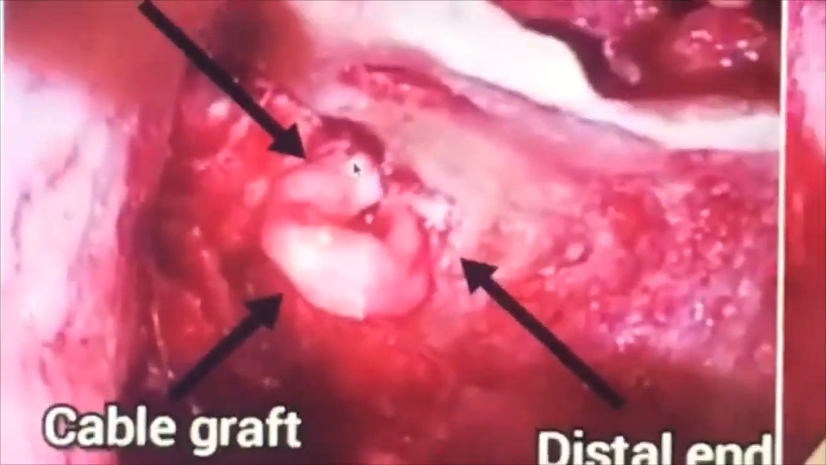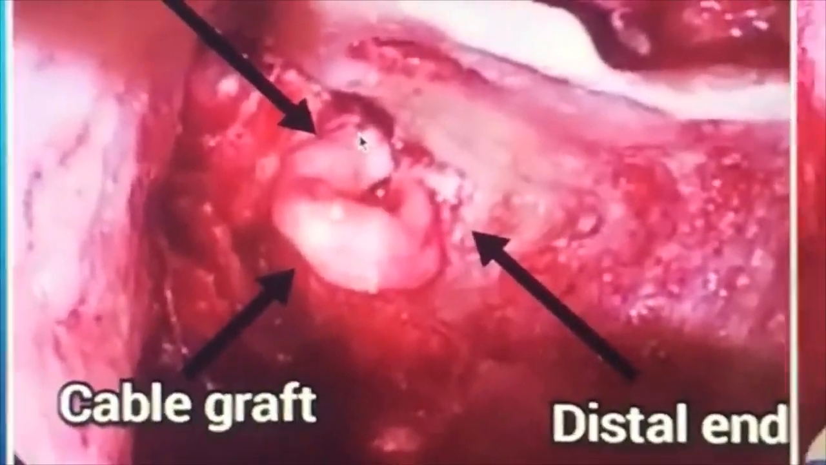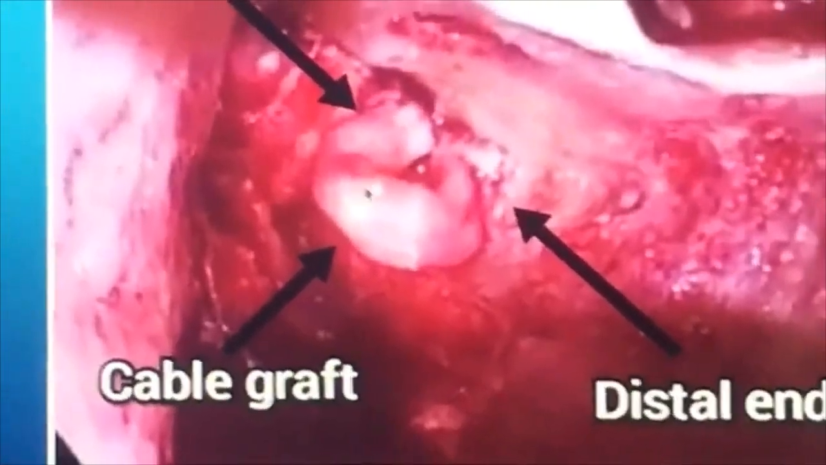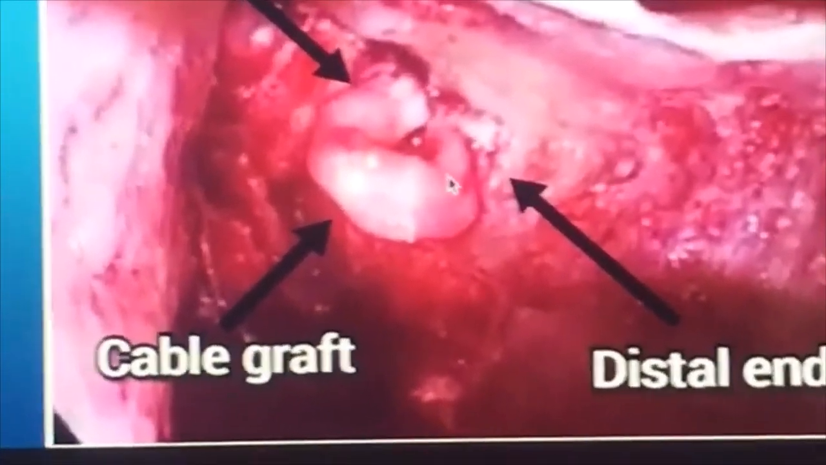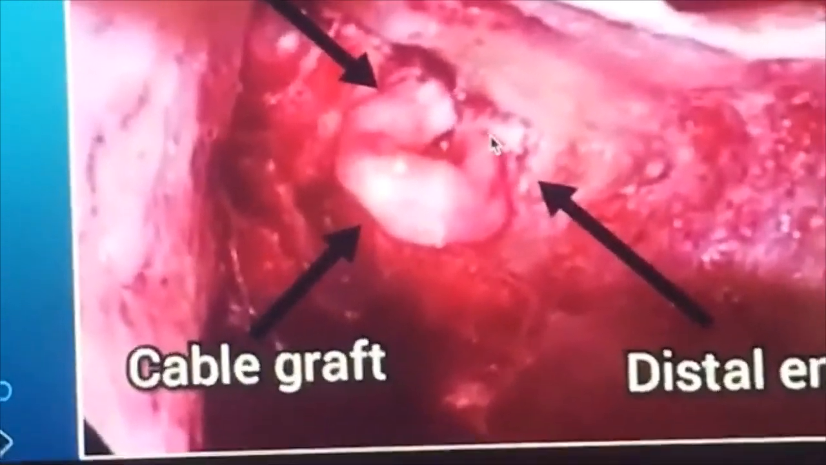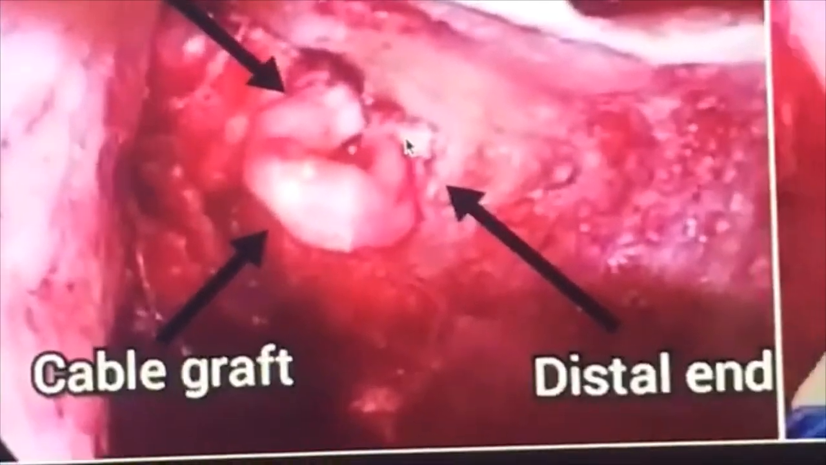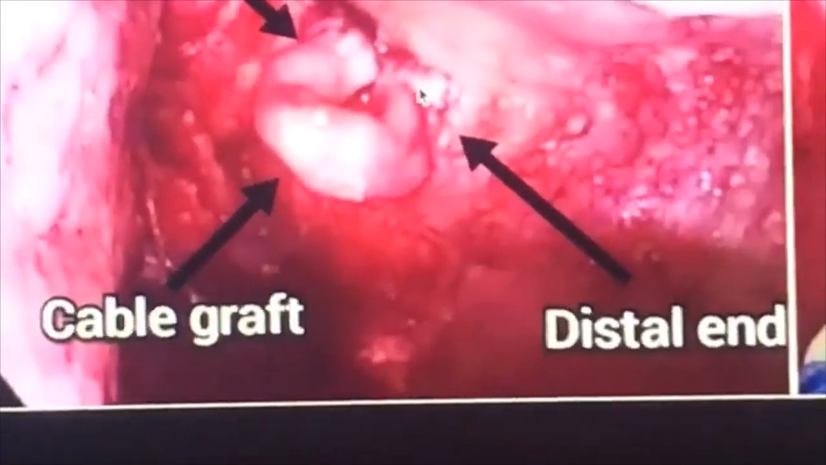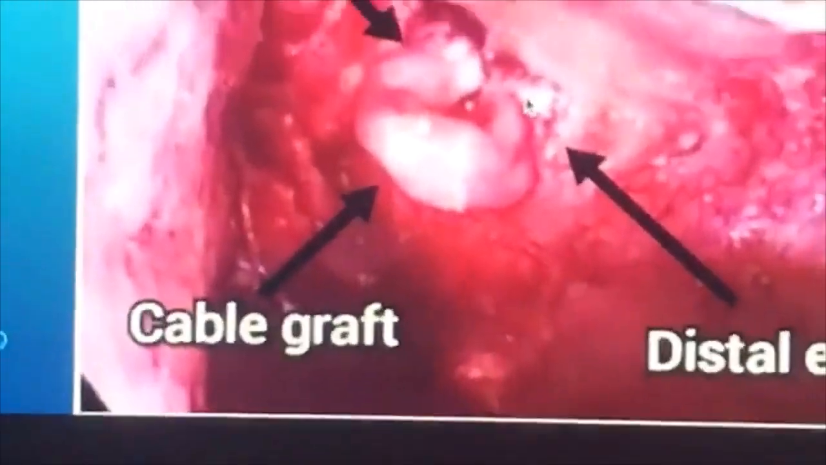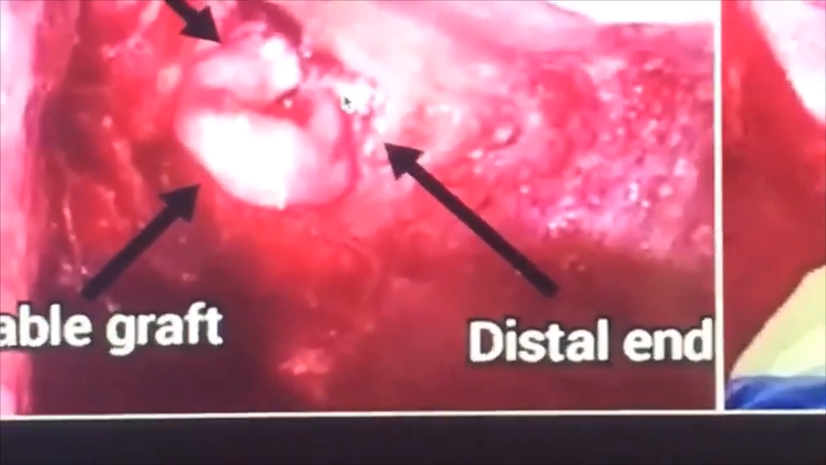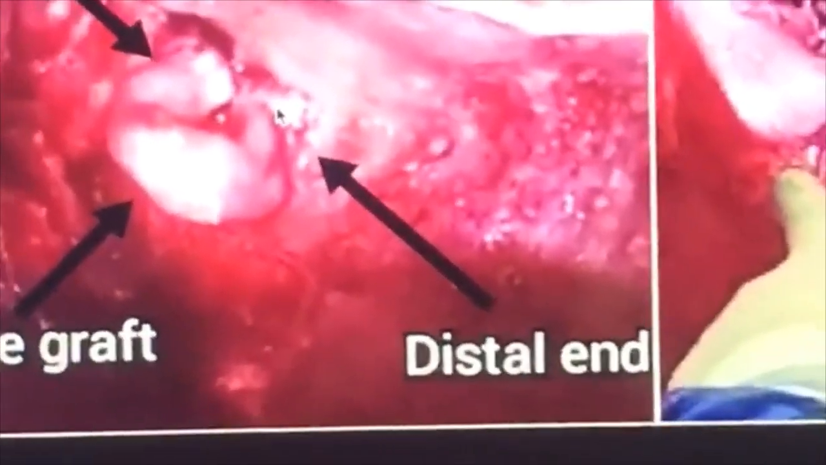Here is the proximal end of the facial nerve anastomosed with the graft, as you see. This is the length of the graft in a lazy fashion, laid down to anastomose with the distal part, or the cut end, of the facial nerve. And these two segments, the distal and proximal, are approximated together